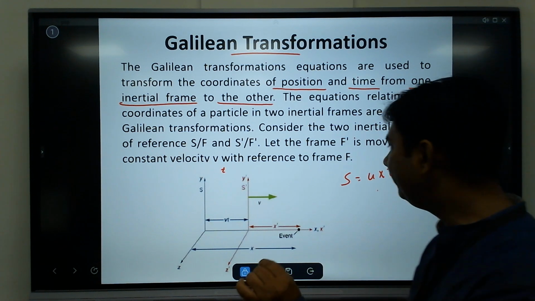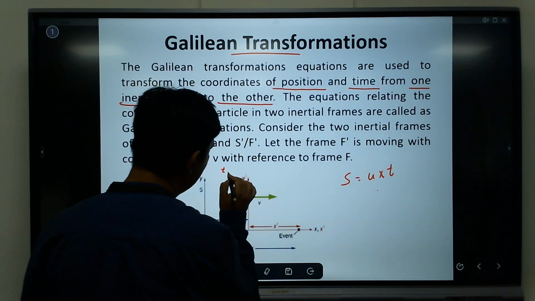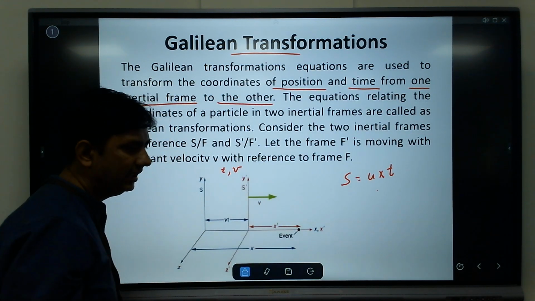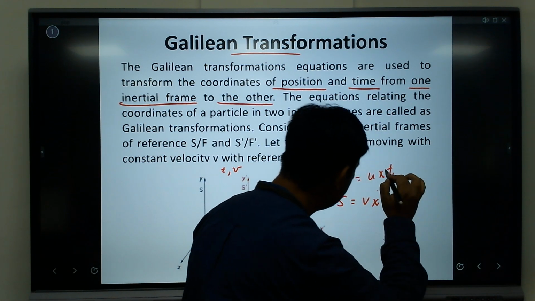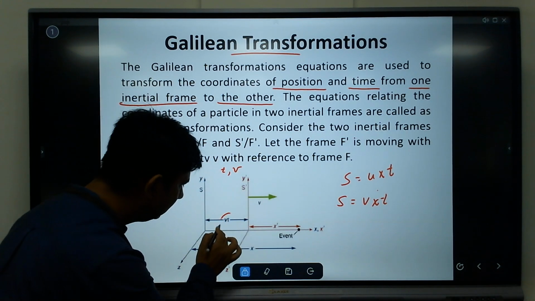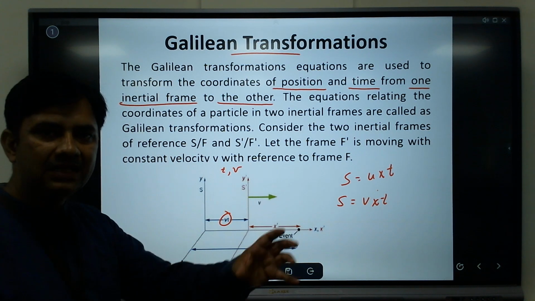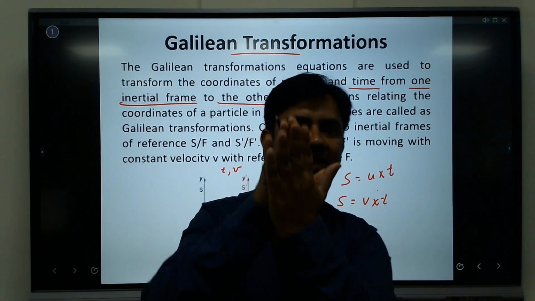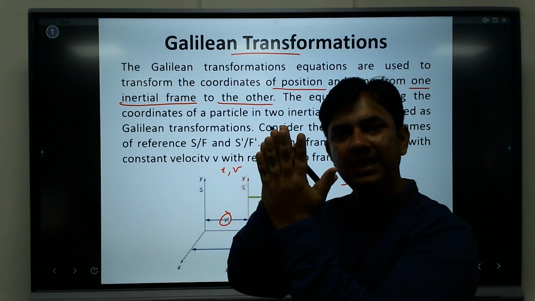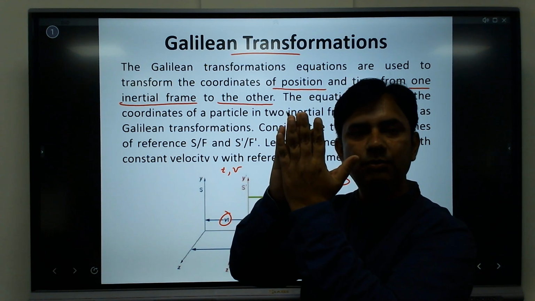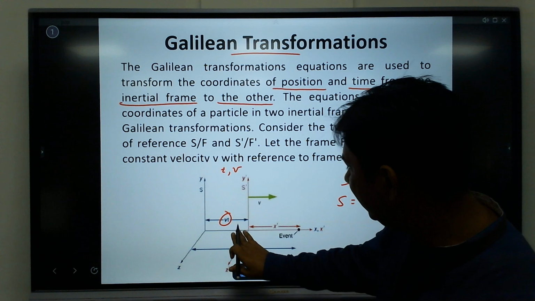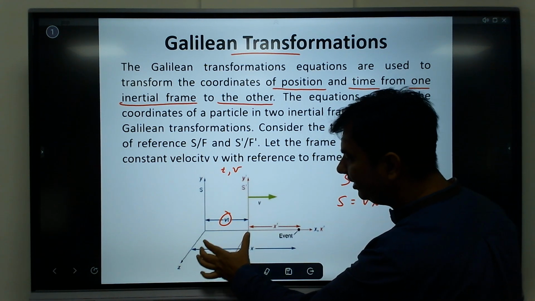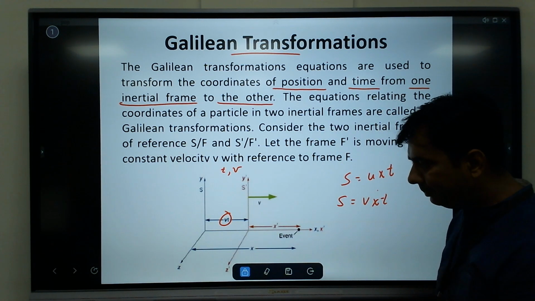So in v velocity, in time t it moves a distance of v into t, that is this. So we are considering that they are coinciding with each other, and in time t the second frame starts moving with a velocity of v, and at any time we have seen that there is a distance of vt. Now what happens is